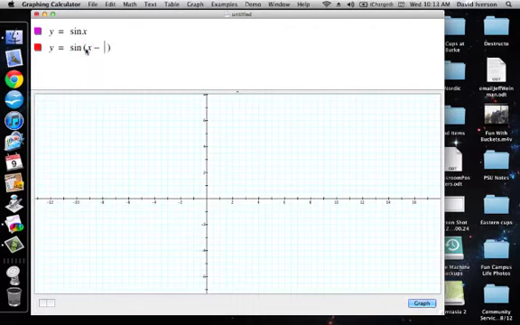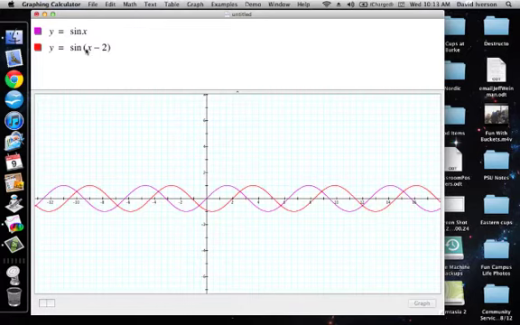If I do it backwards, I've taken this point here, I've taken that point there, and I've shifted it to the right by 2. So again, it's a little bit backwards. So if I throw them all together,